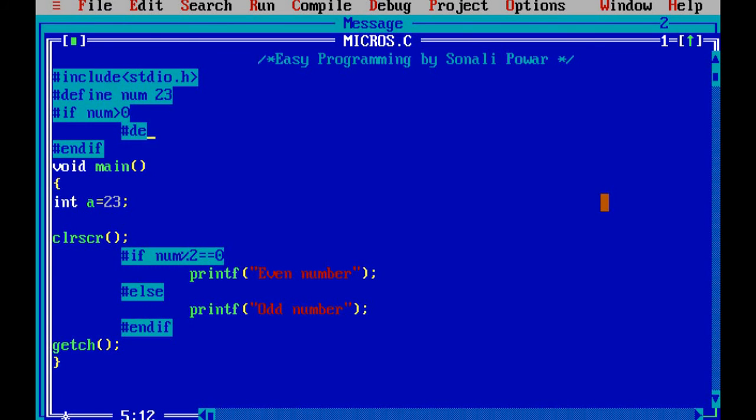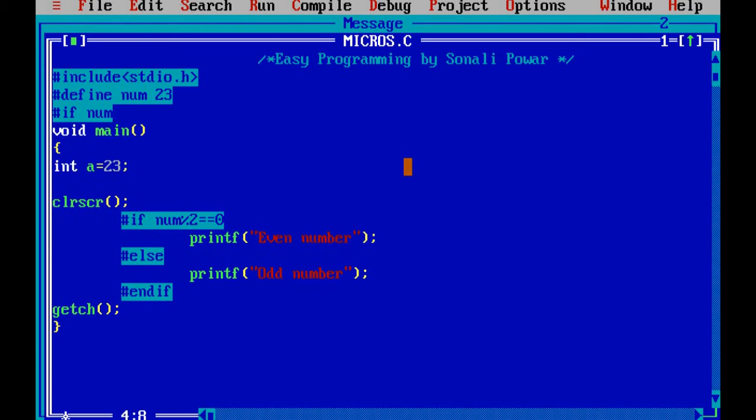So what code can you write here? I will say #define d34. What it means is, if num is greater than 0, then define one more identifier b and set the 34 value to this identifier B. Such a type of statement I can write outside the main, but if you are writing this #if inside the main, then you are able to use such a printf statement. You can declare the variable, means you can do other things also, but remember you cannot use a variable in #if.